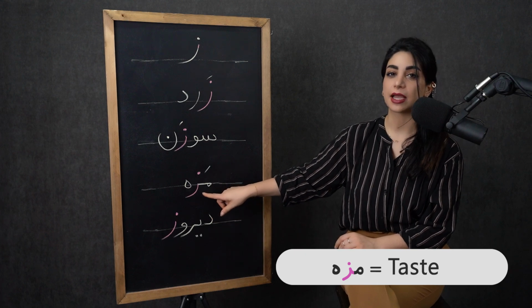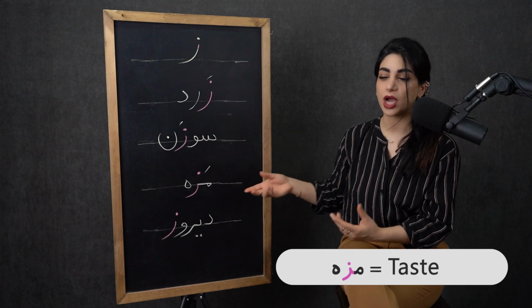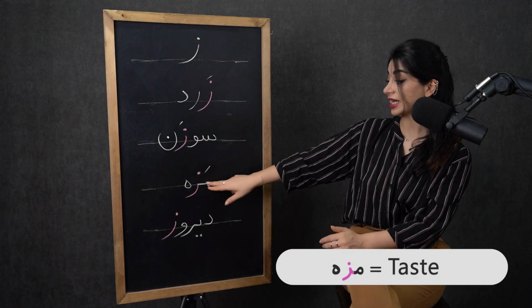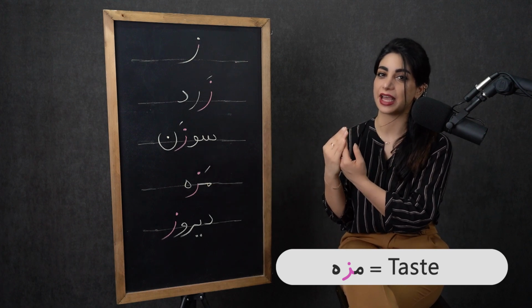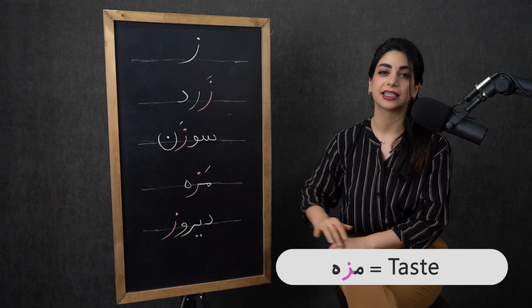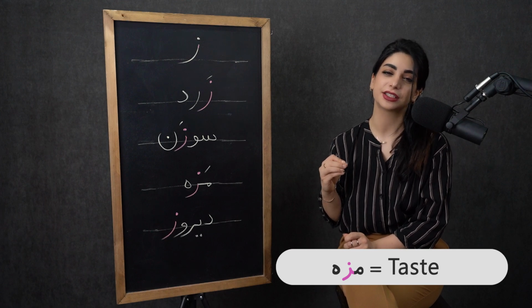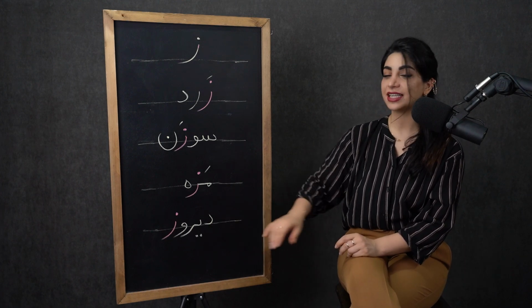Next one, maze. What happened this time? Z attached to the letter before that. Why? Because we know that lowercase m has no other choice but to get attached from here. So Z attached to the letter. Maze. Maze is the same as taste in English. Taste. Maze. And the last one,